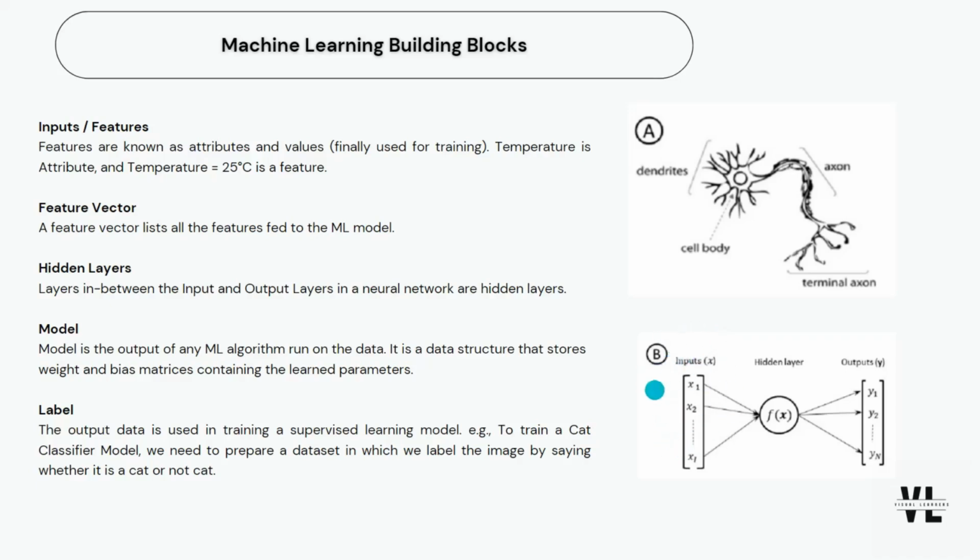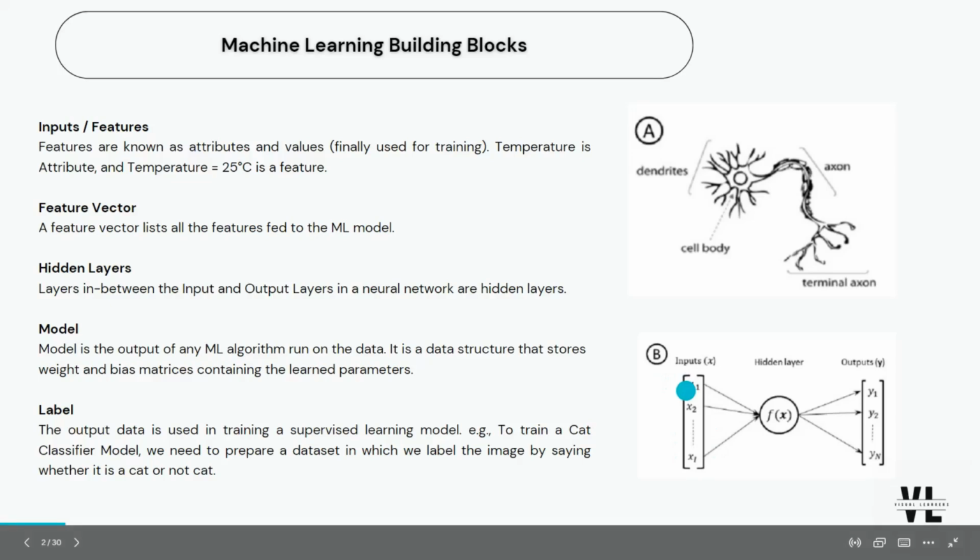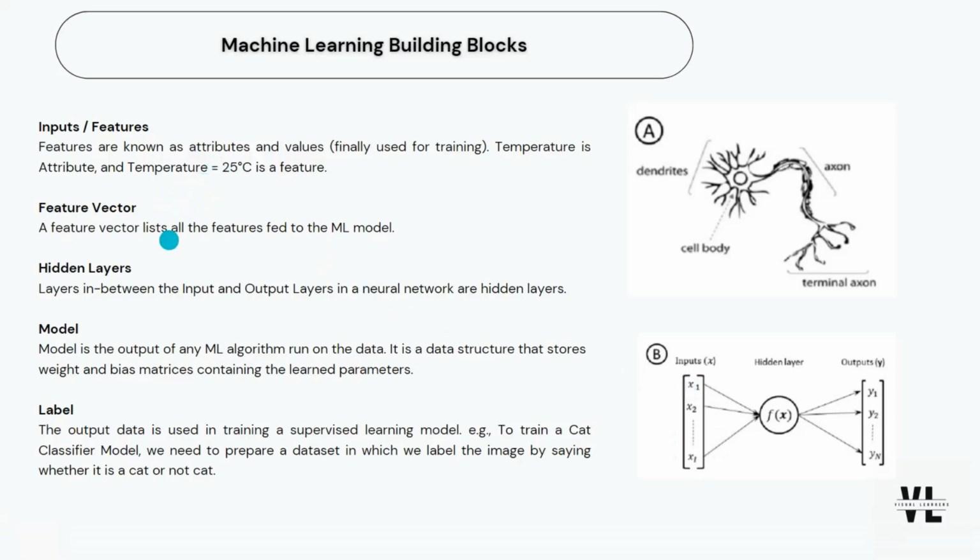The inputs might be characteristics or attributes that describe an entity, and these can be in different dimensions, starting from scalars to higher dimensional vectors. A feature vector lists all the features that are fed into a machine learning model. So a vector is mainly used to